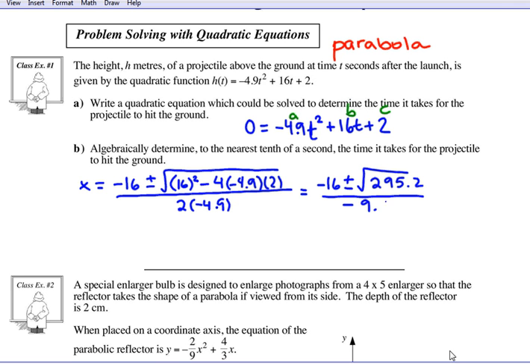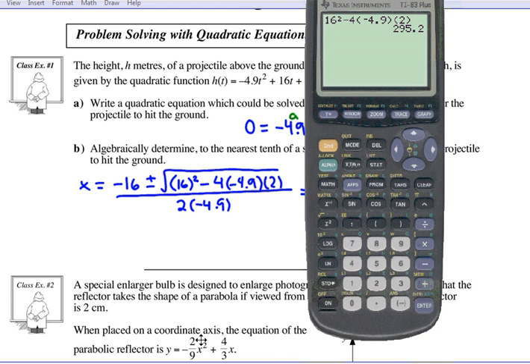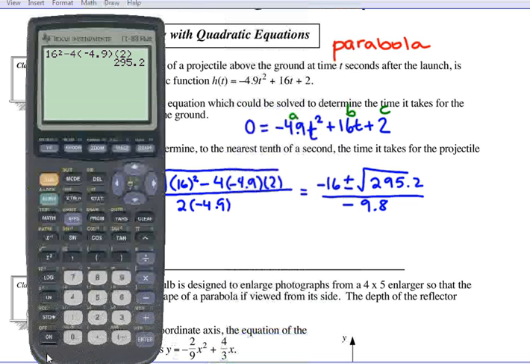Negative 9.8. Okay, so it says we want to find it to the nearest tenth, so we're going to plug in each one in our calculator. Let's practice this together, because some of you have issues with this. In your calculator, what do you have to open your numerator with? Bracket. So negative, you could just go straight to negative 16. You can wrap the negative 16, but you don't have to. Let's do the plus first. Square root 295.2, and then double bracket. Why double bracket? Close the square root, close the numerator bracket, and then divided by,